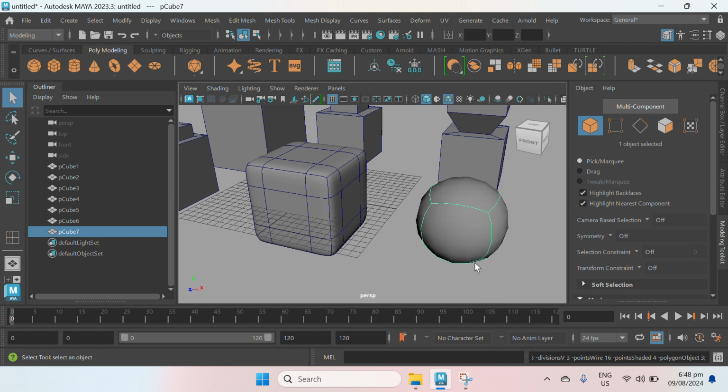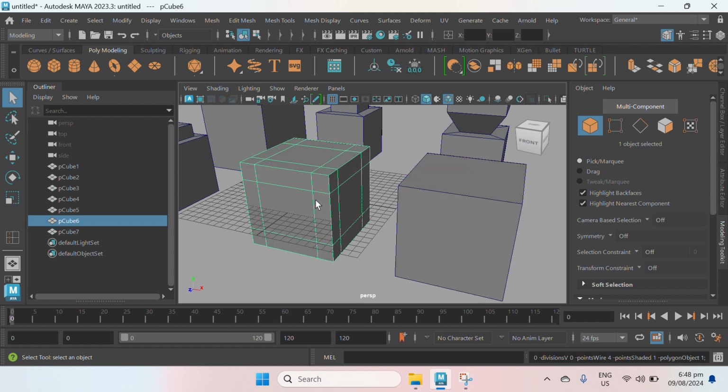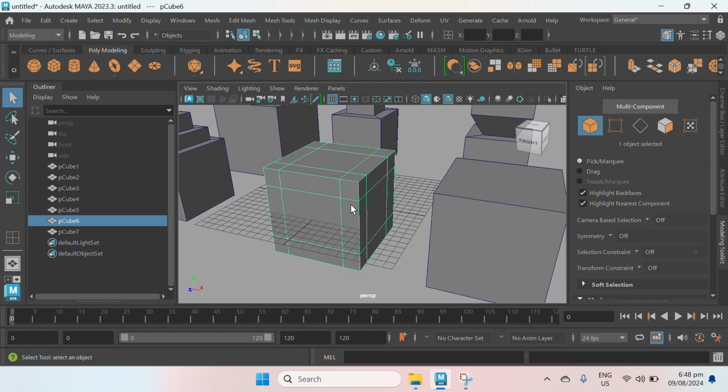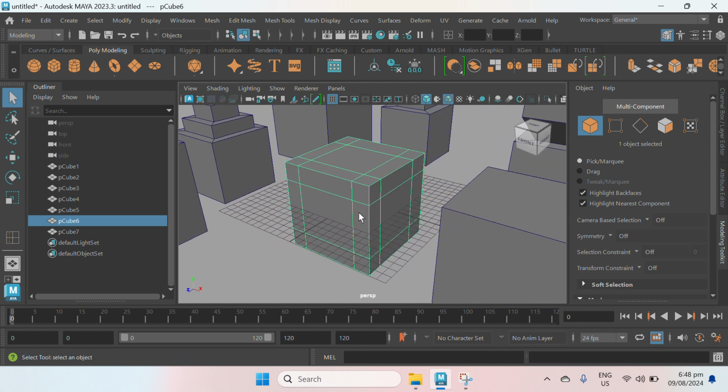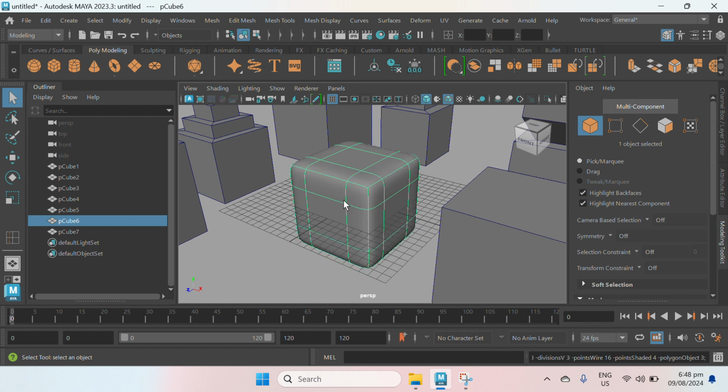So 3. Therefore, we are using the insert edge loop to make the edges more evident upon using the smooth preview, or 3, to make the edges more defined.